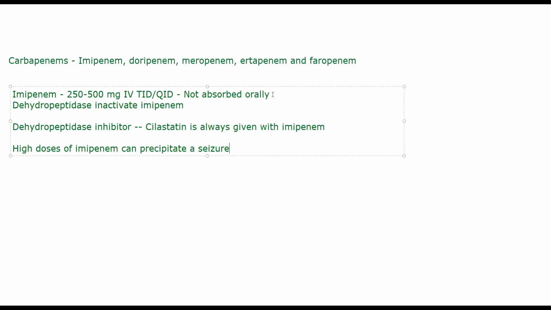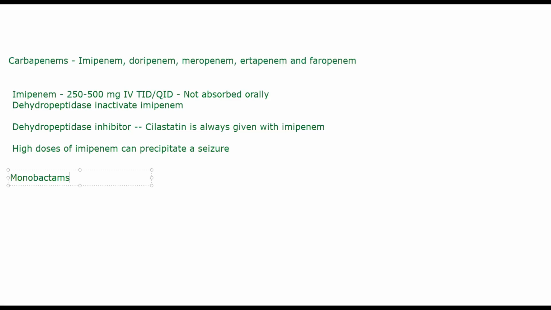As such, these drugs, imipenem specifically, can be given in UTI. It can be given in respiratory or skin infections. You can give it in bone infections, soft tissue infections, gynecological infections, or intra-abdominal infections. All of these bacteria which are causing these particular diseases can be treated using imipenem. Same for meropenem. Meropenem has the same indications as imipenem, but it is slightly better in that it will not have the disadvantages which imipenem has. So that is about carbapenems.